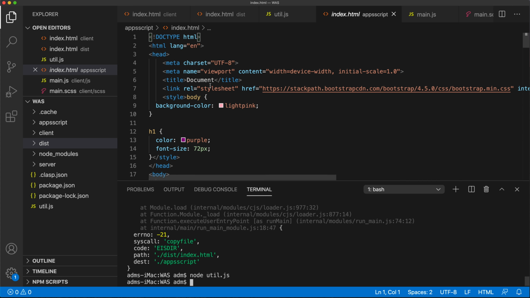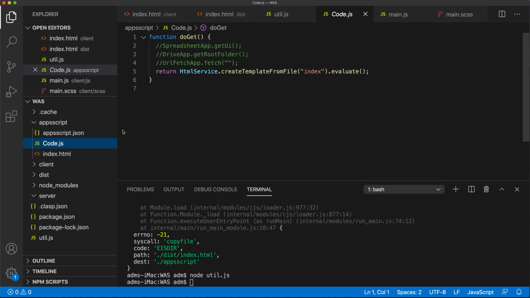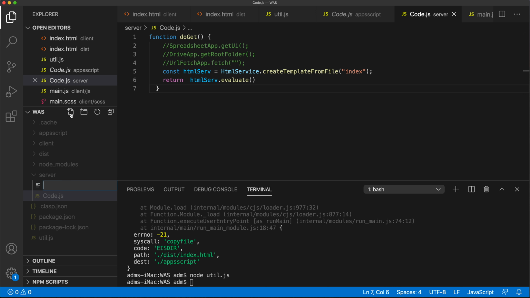So the final part here is going to be to work on our server files. So the server files are going to be all the server-side files. So here, let's say we want to create some files in here similar to this code.js, which is probably one of the files we're going to create anyways. So let's do that. Let me just copy and paste this. Change this up a little bit so that we know it's a different file. That should be plenty. Now we want to make sure all the other server files we create are located in here again. So if I make another one,